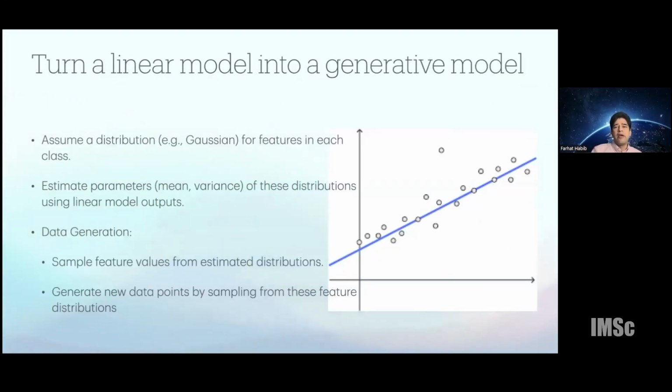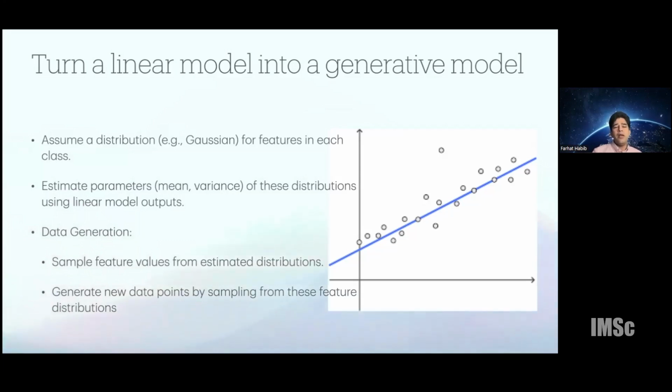So let's take a look at a very, very simple generative model. Can you take a linear model and turn it into a generative model? Yes, it's quite possible to do that. Essentially, with a normal linear model, you take a set of data points and you do a best fit, and you get a particular linear model that is a representation of the data points that were given to it. Now, from these data points, you can estimate the parameters. For example, if there is an error around this best fit line, you can take the error of these data points and find out what the mean and the variance of this error are.